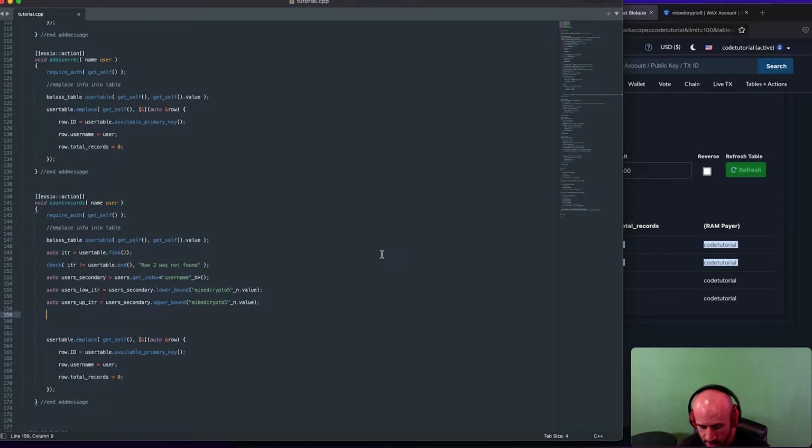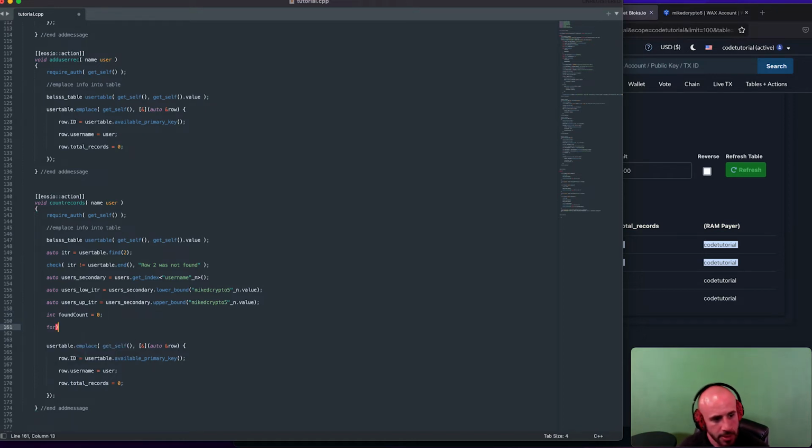So what we can do now is, let's say we create a variable called int. It'll be an integer. We'll say found count equals 0. So far we found 0 records for MikeDCrypto5, and then we can say something like for auto found iterator equals users low iterator. If found iterator does not equal users up iterator, found iterator